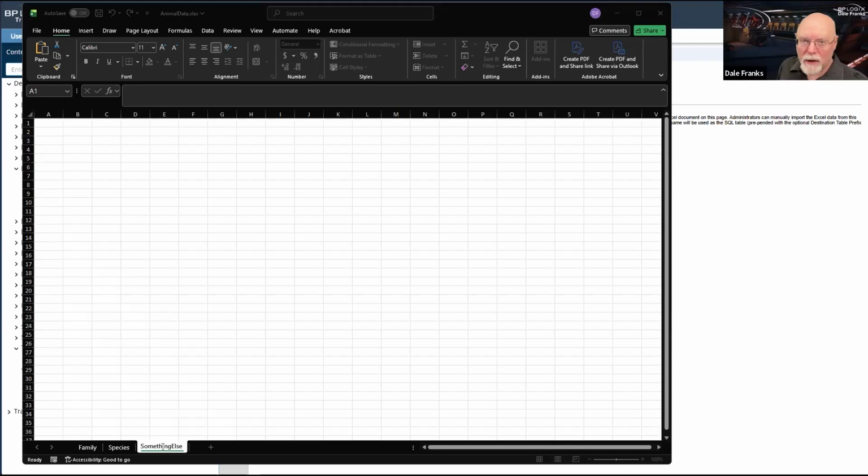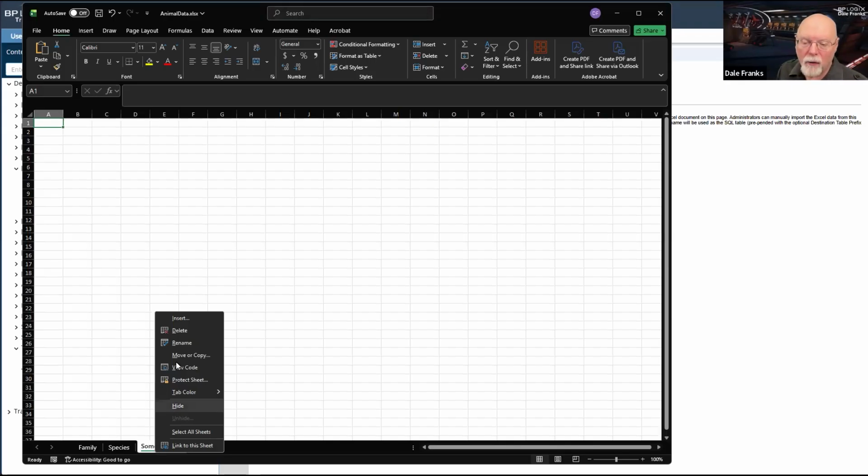It can't be more than 64 characters long. It can't have spaces. It can't have any special characters other than the dash and the underscore. Everything else is forbidden. And by the way, each of these names has to be unique as well. So think of naming your worksheets much like naming fields on a form.